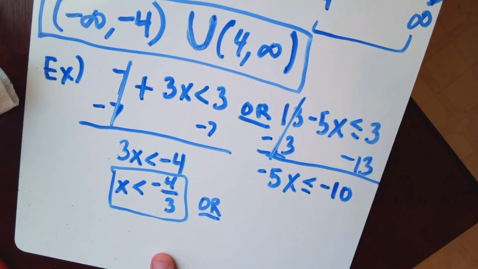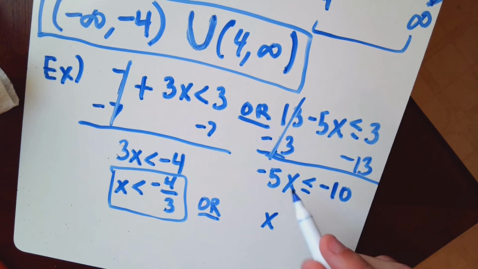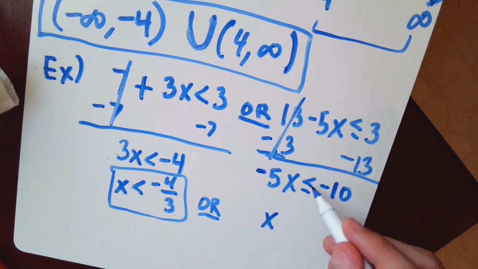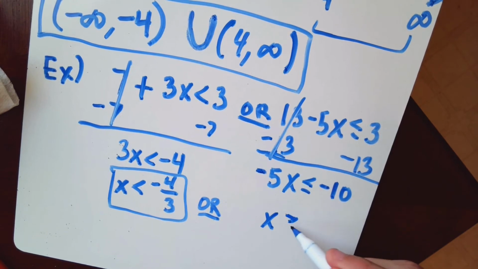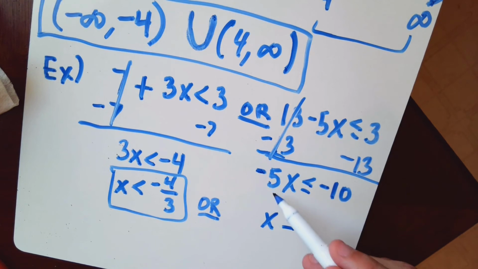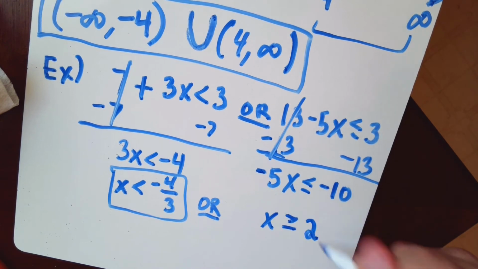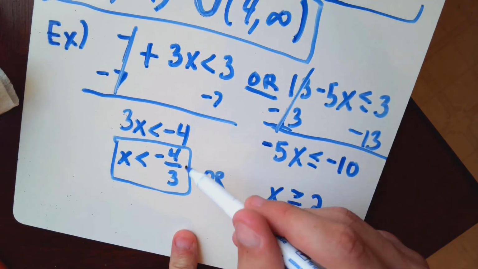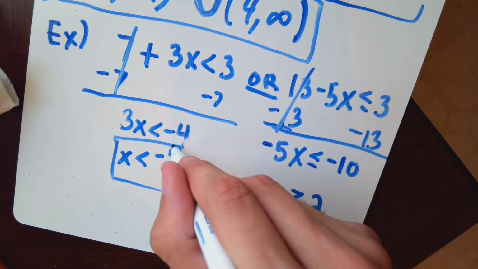Now the last thing to do is divide both sides by negative 5. But remember, when we divide an inequality by a negative, we have to flip the inequality. So instead of this direction, it's now going this direction. And negative 10 divided by negative 5 gives you positive 2. So this right here